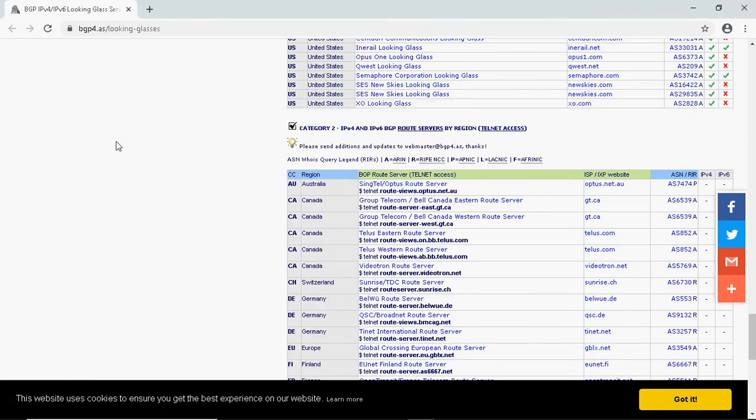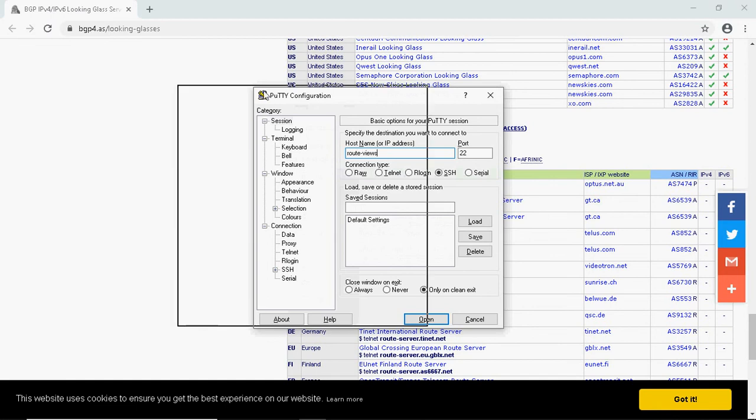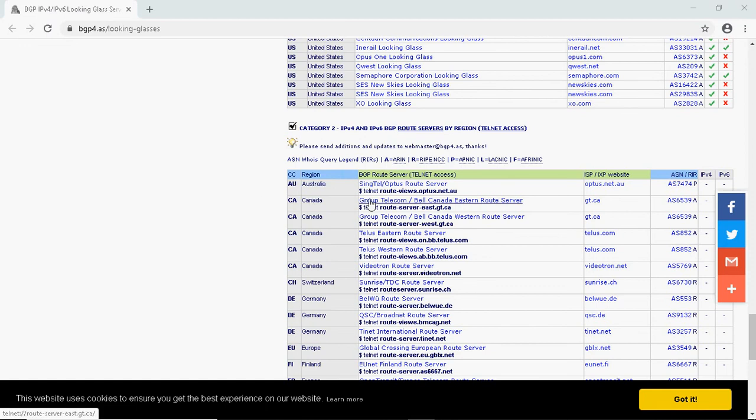In that PuTTY, you have to give route-views.optus.net.au. This is a telnet, then give open. It will open the public server.